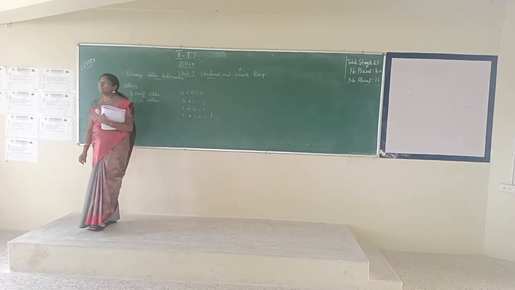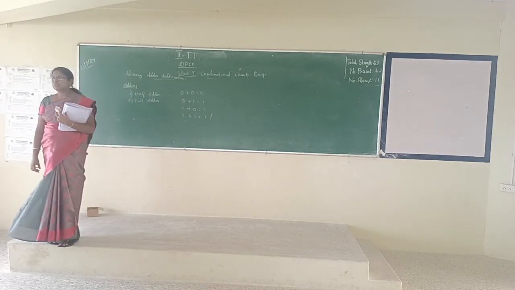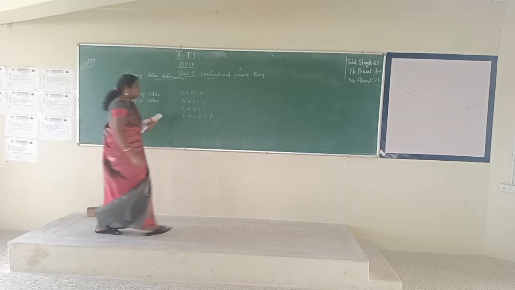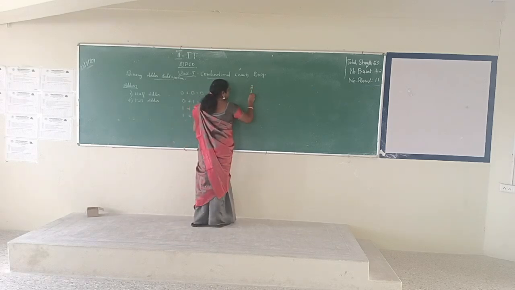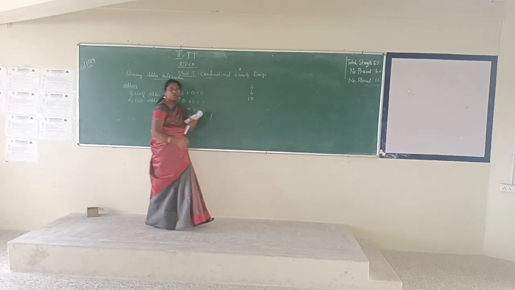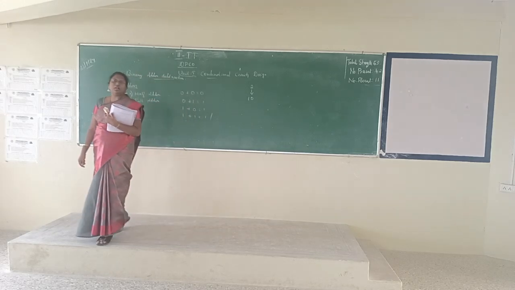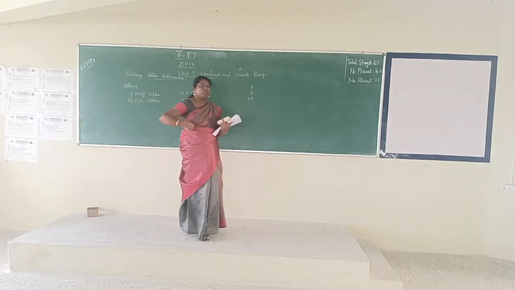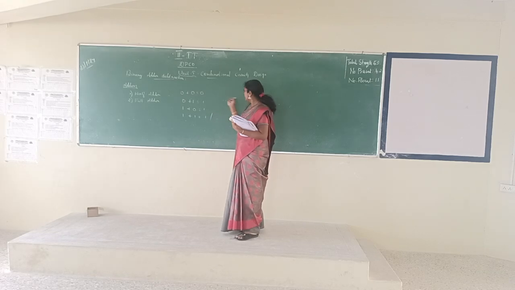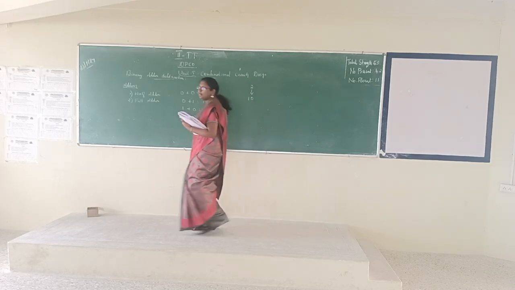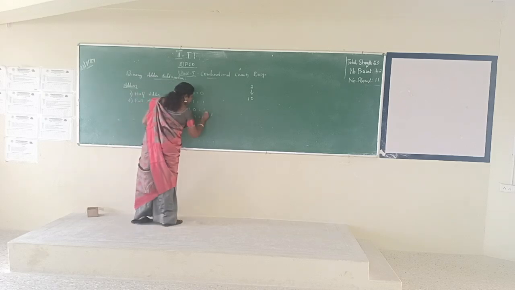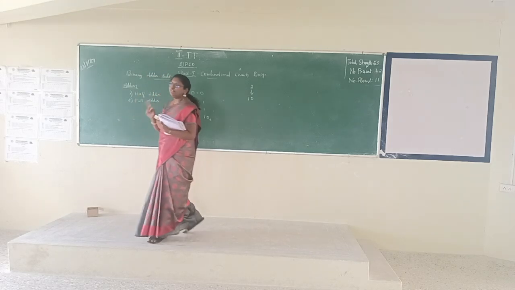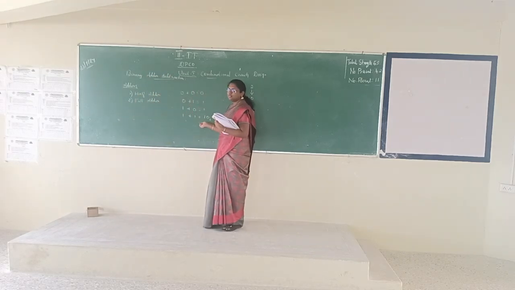Listen. Decimal value of 1 plus 1? 2. What's the binary equivalent of the decimal value? 2 can be written as 10, right? In normal addition, 1 plus 1 is 2. 2 can be written in terms of binary as 10, right? So in a half adder, full adder, you have to follow this rule, right?